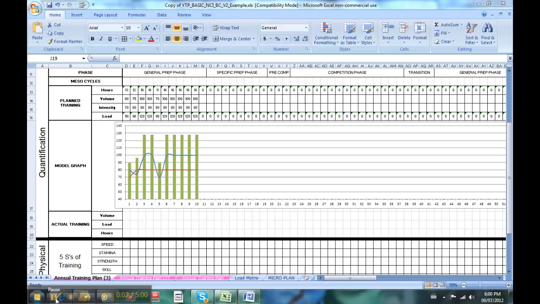Okay, so in this video what I am going to do is play around with planning out my training year, looking at different volumes and intensity based on a relative percentage. So now that I've created my graph, I'm going to come back, and in this plan it may be that this is the first week of contact with my athletes, and recognizing that they've come off some individual training that I've